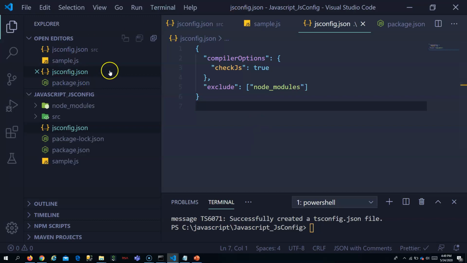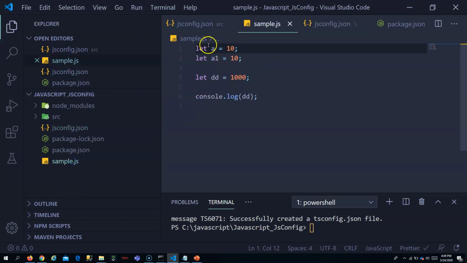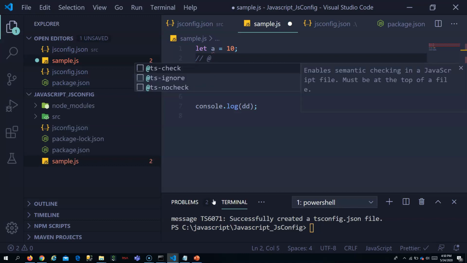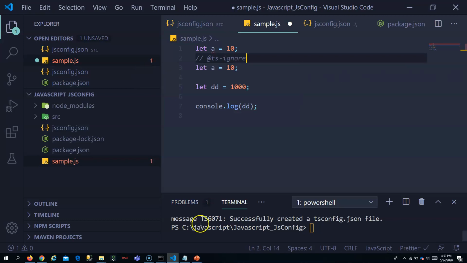This file is inherited from tsconfig.json. So whatever you are seeing here is actually TypeScript errors. For disabling these errors you can also add something like this. So you are actually seeing TypeScript errors, so you can disable it like this with ts-ignore. If you do that, you can ignore this error.